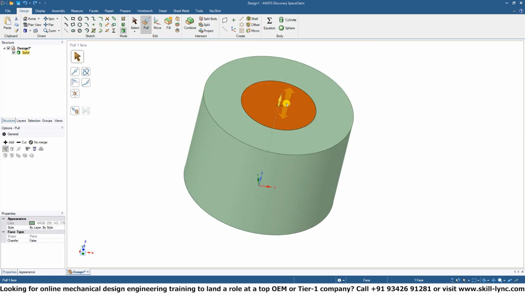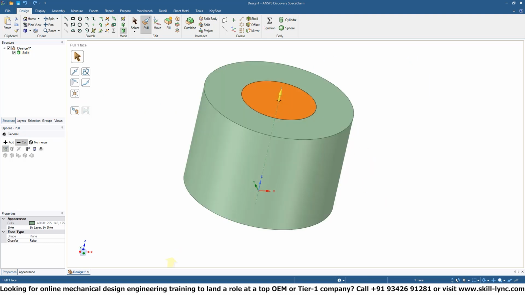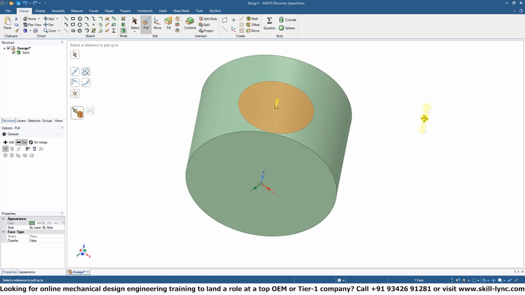If you click over here again, select the face, select the cut operation. If you know exactly you want to pull it all the way through and you don't want to drag it, or the model is relatively big for a drag operation, you can simply click this up to button, and this allows you to specify where you want to drag this up to, or up to what point, what geometry, what